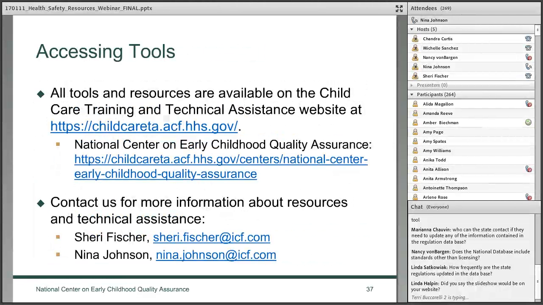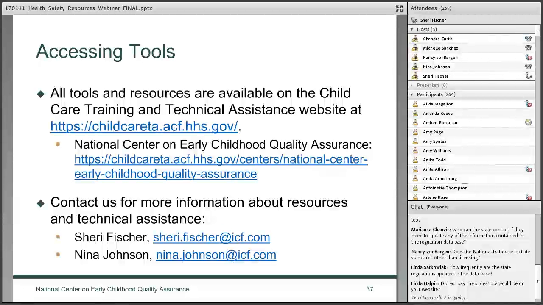And then there's another question, while you're finding our contact info. Does the national database include standards other than licensing? Yes, and I failed to mention that. We also include in the database direct links to three other sets of state standards.